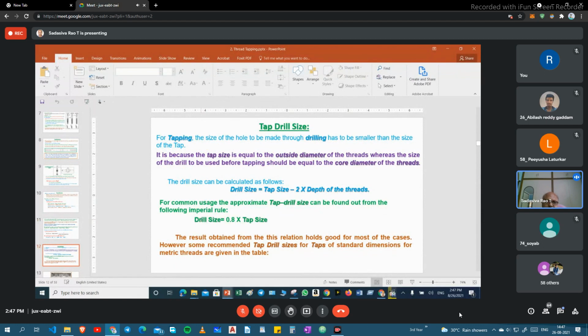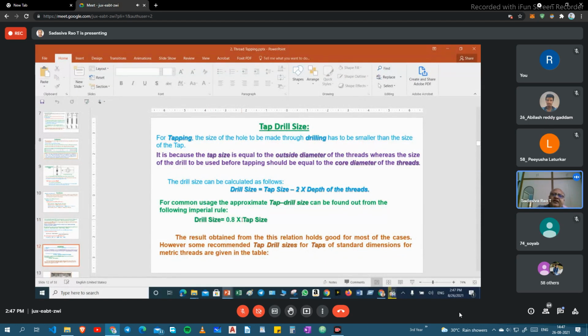A simple rule you can remember easily: drill size equals 0.8 into tap size. So tap size is, suppose, M10, that is 0.8 into 10, so 8 mm drill. You have to take an 8 mm drill bit and make the drill hole of 8 mm.